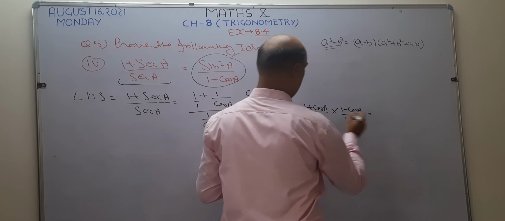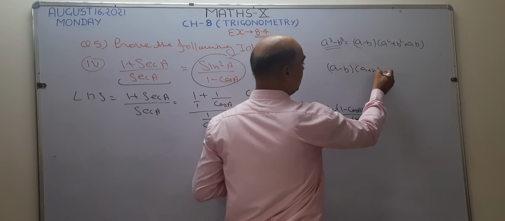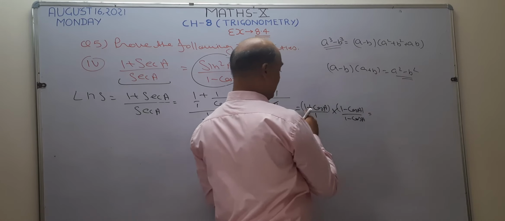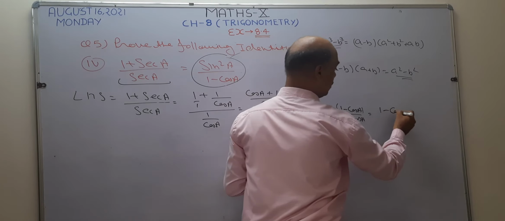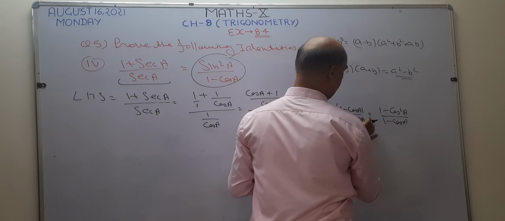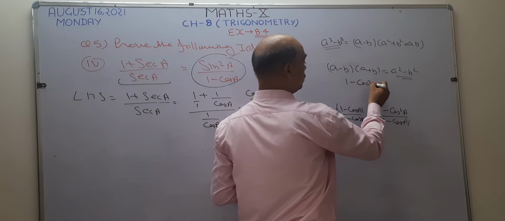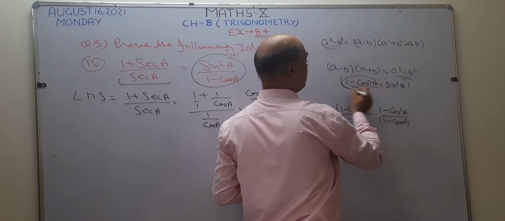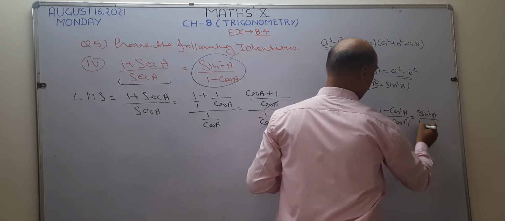Okay. Now see, A plus B and A minus B. You know the identity: A minus B and A plus B is equal to A square minus B square. So instead of these two terms, can I write A square? A means 1. Square of 1 is 1. Minus sign is there. Square of B, B is cos. So this becomes cos square A. And the denominator part is going to remain the same. Now I want to use one identity. You know 1 minus cos square A is equal to sin square A. By using this identity, instead of 1 minus cos square A, I want to write sin square A upon 1 minus cos A.